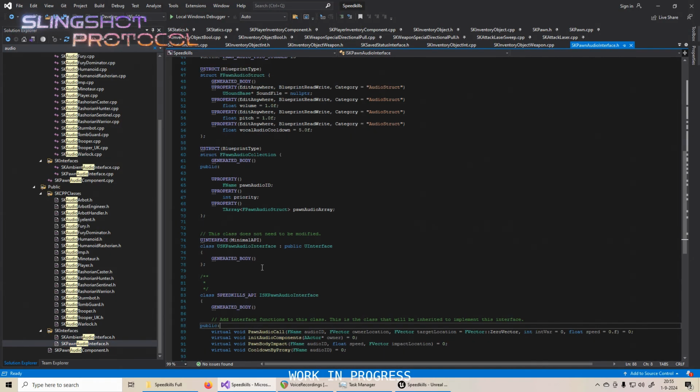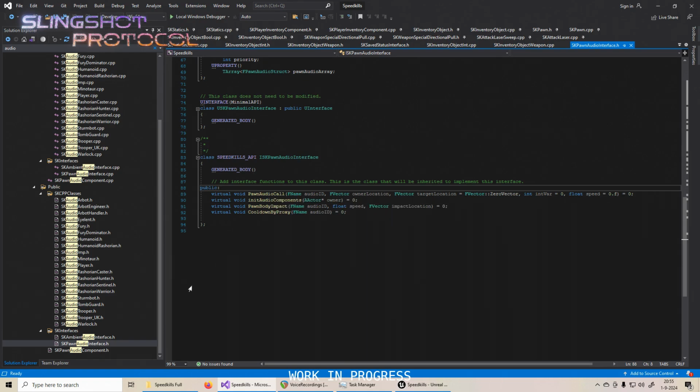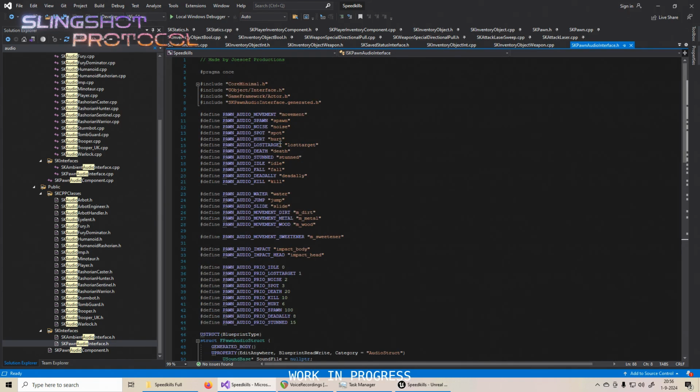Pawn audio interface uses the exact same system, so I'm not going to go into it. Instead of having a big list of every single different type of audio call, like pain calls, movement calls, noise calls, death sounds, stunt sounds, we now just have a dynamic list that you can access.